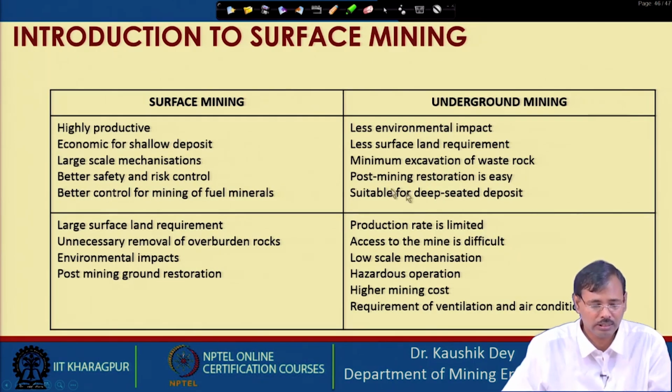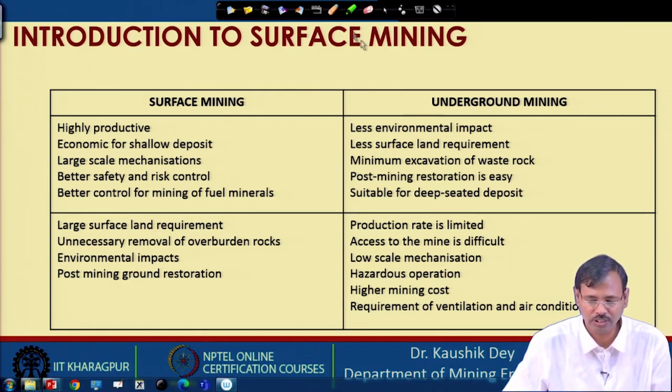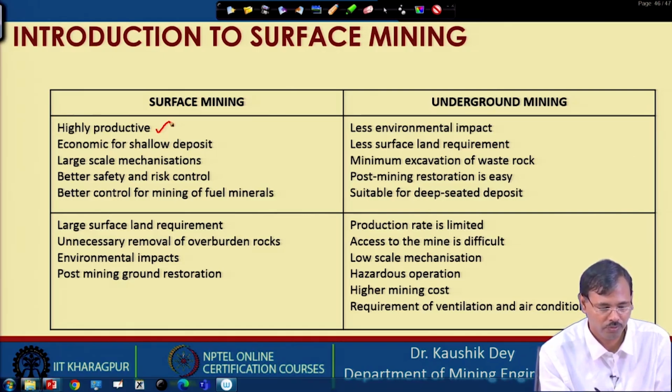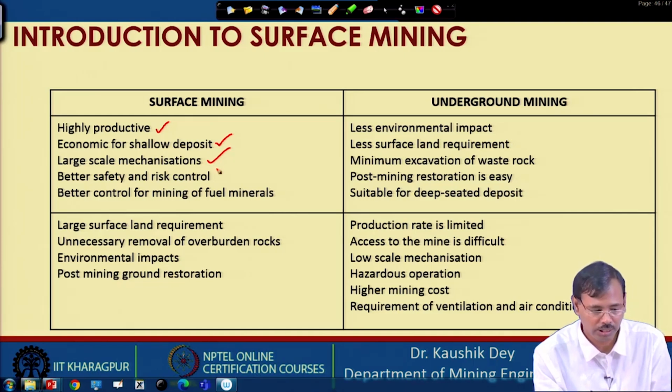Now, in a nutshell, let us look into the features of the surface and underground mines. Surface mines are highly productive. The surface mines are economic also for the shallow deposit. Large scale mechanization is possible, there is no restriction on the dimension, and because of the better visibility and better communication, the safety and risk control is better, and this is very good for the mining of the fuel minerals,